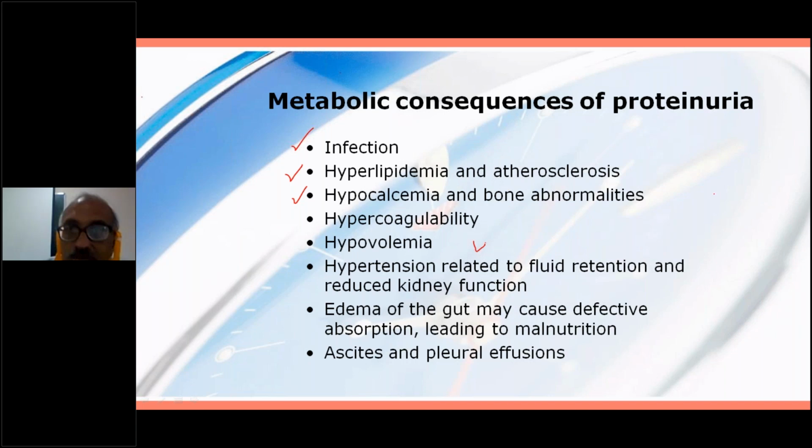Hypertension related to fluid retention usually happens in nephrotic features. Edema of the gut, or mesenteric edema, may reduce the absorption of various proteins and nutrients, which will lead to malnutrition. And the transcellular fluid accumulation will lead to ascites and pleural effusion and all these physical problems, mechanical obstruction, breathing difficulties and abdominal discomfort. Then